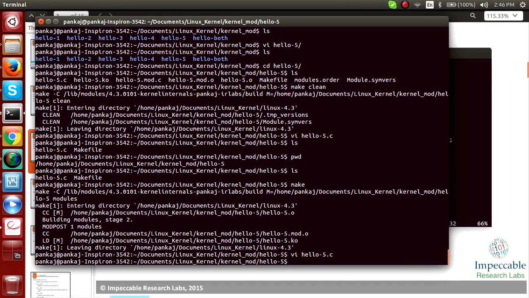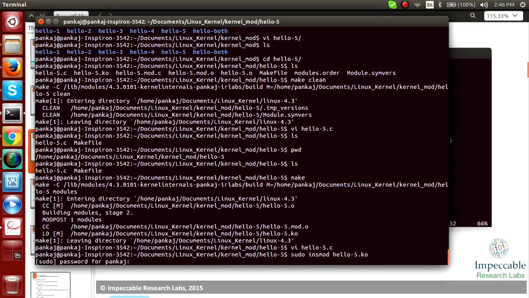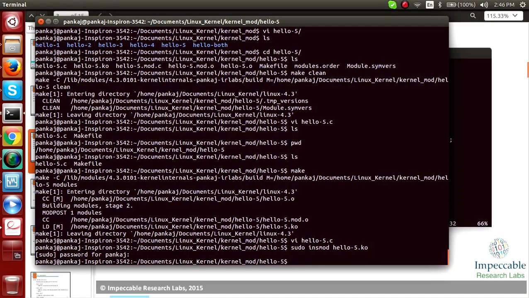If I load this module without any arguments provided, it will take the default values. Now see the message.